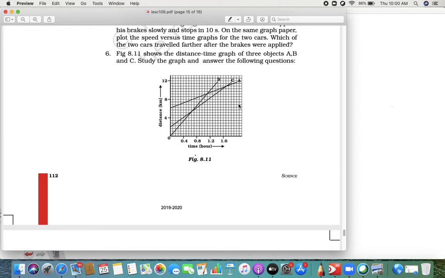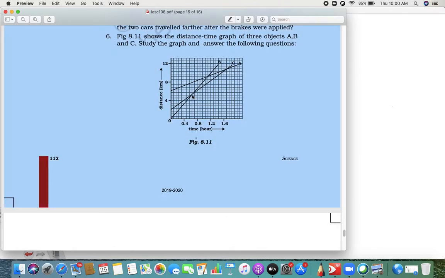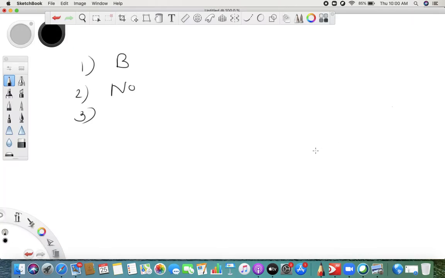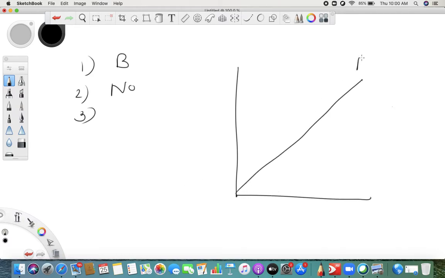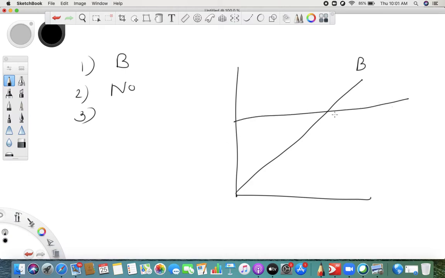Okay, look very properly. B passes A here, somewhere here. Let me show you here only. So if you see, this is your B, and where is your A? This is your A, somewhere here. So when your B passes A, they ask, when your B passes A, how far is your C? How far is your C?